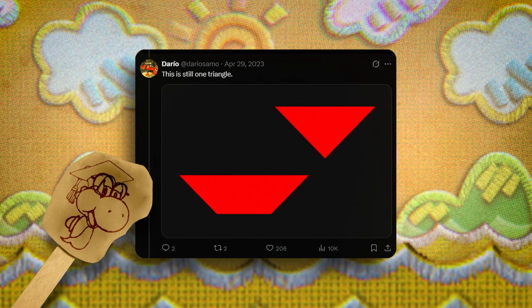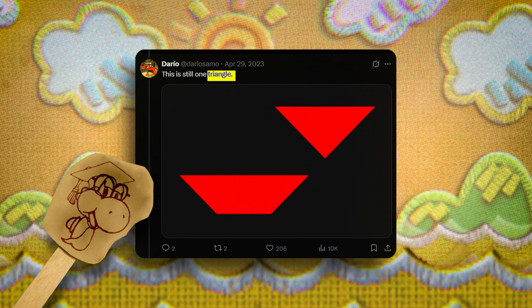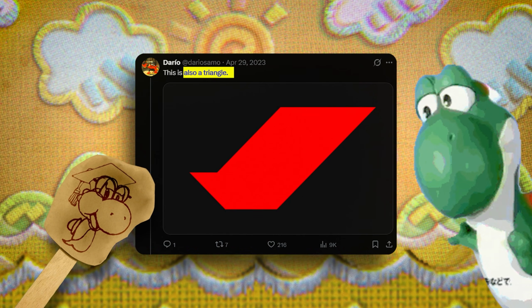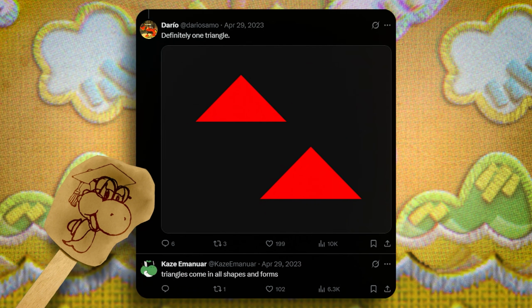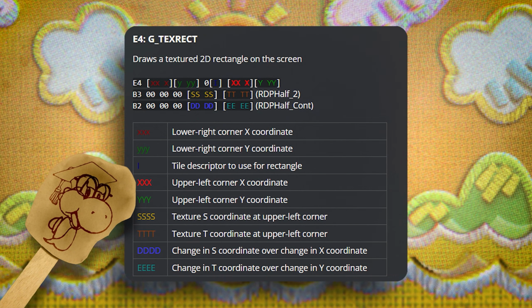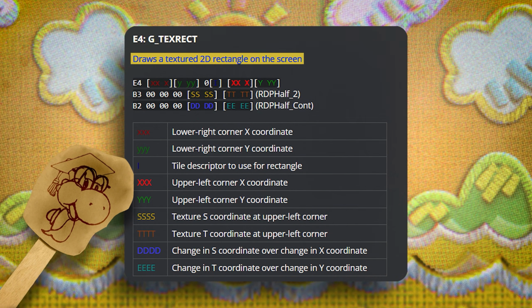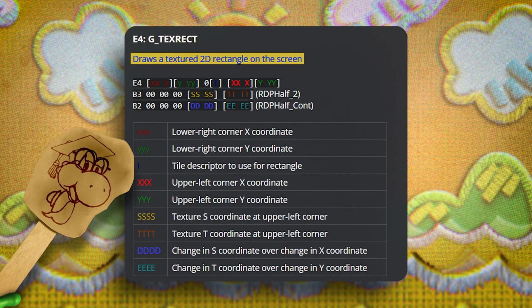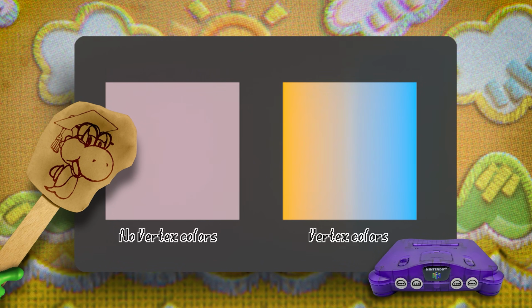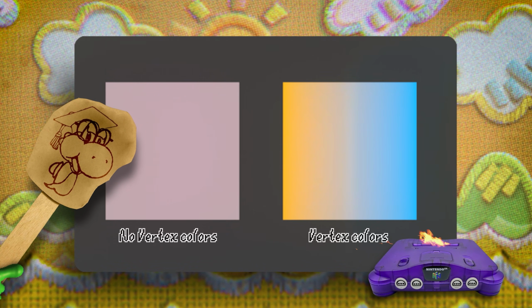Usually RDP triangles are computed by the microcode, but there is technically nothing stopping you from just making an abomination yourself. RDP triangles come in many shapes and forms. You can do this, for example, to draw a quad with just one triangle. And in fact, internally, the UI rectangle command and the F3D microcode family are making use of this. But by manually making one, you can supply things like vertex colors to the rectangle, which is typically not possible